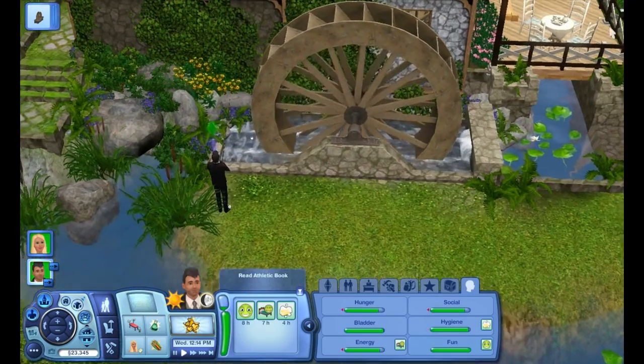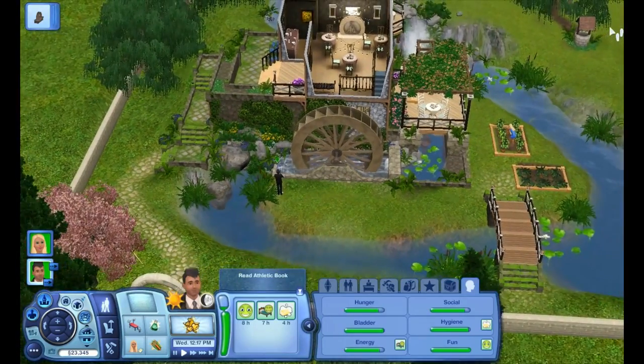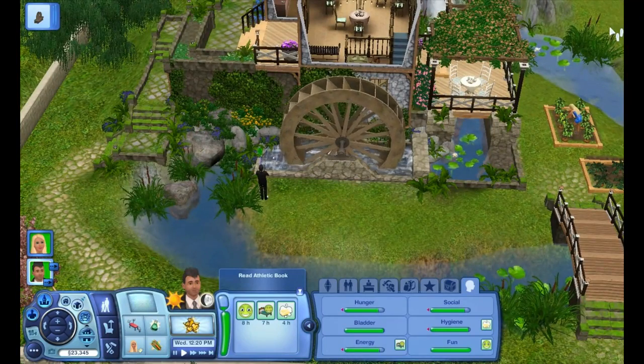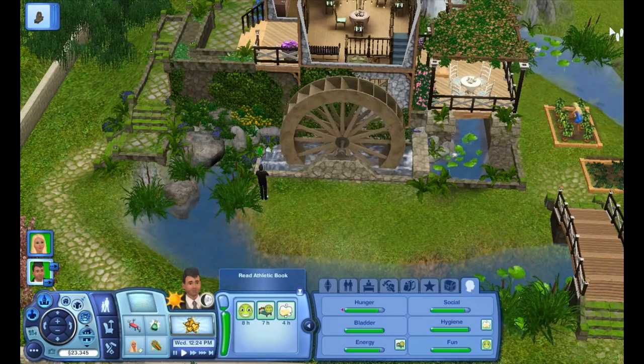Listen to that water. Oh my gosh, listen to that water. It is so relaxing here. You know, you could just come out here and sit and read. Like me, oh my gosh, you just sit out here and read, have something to drink,